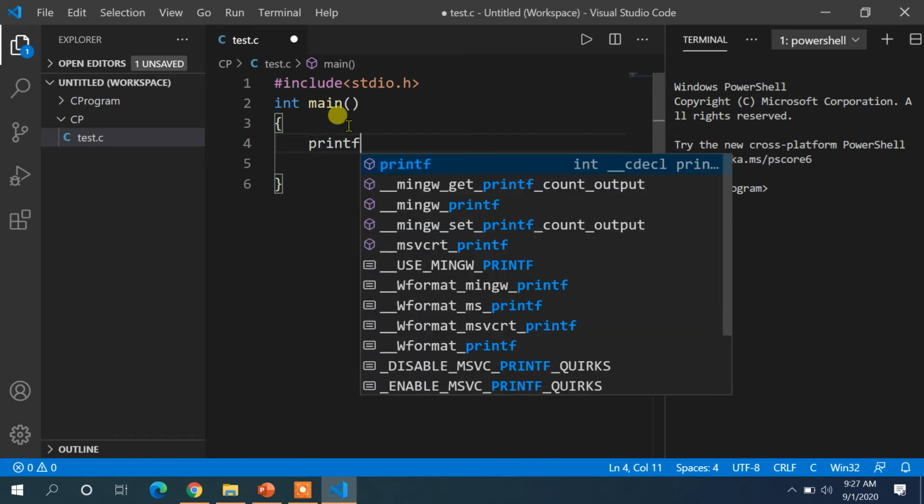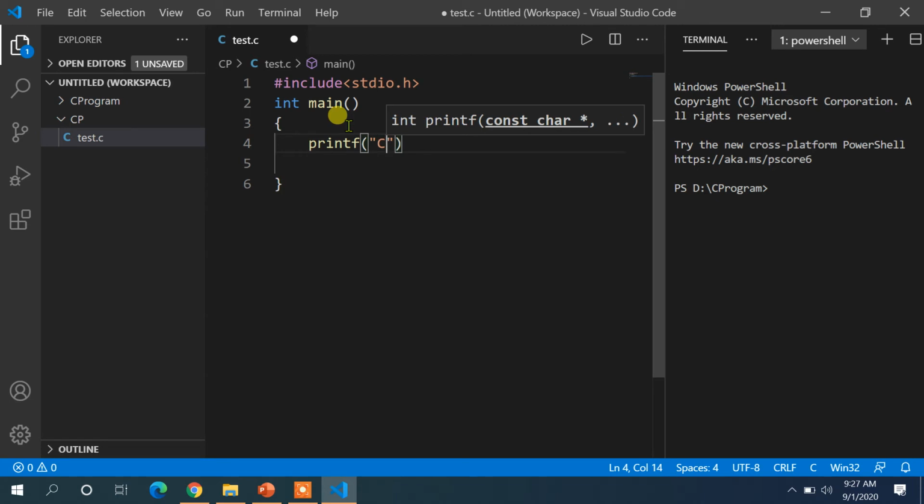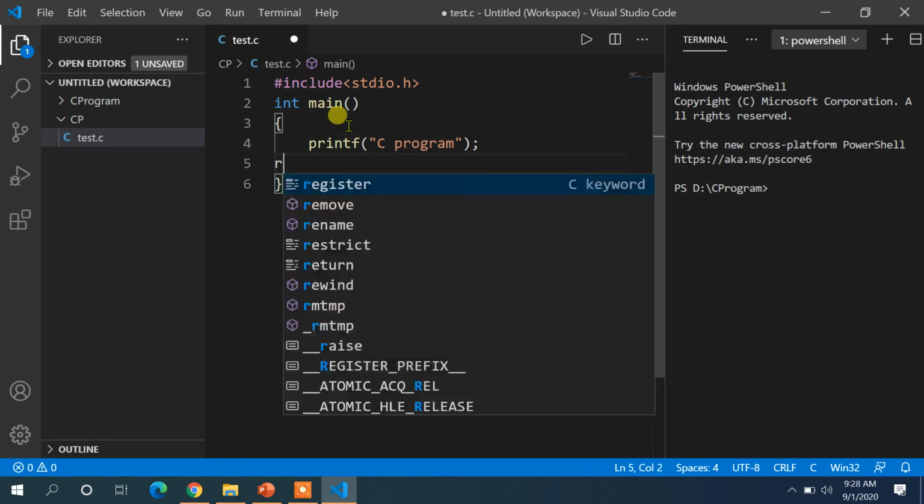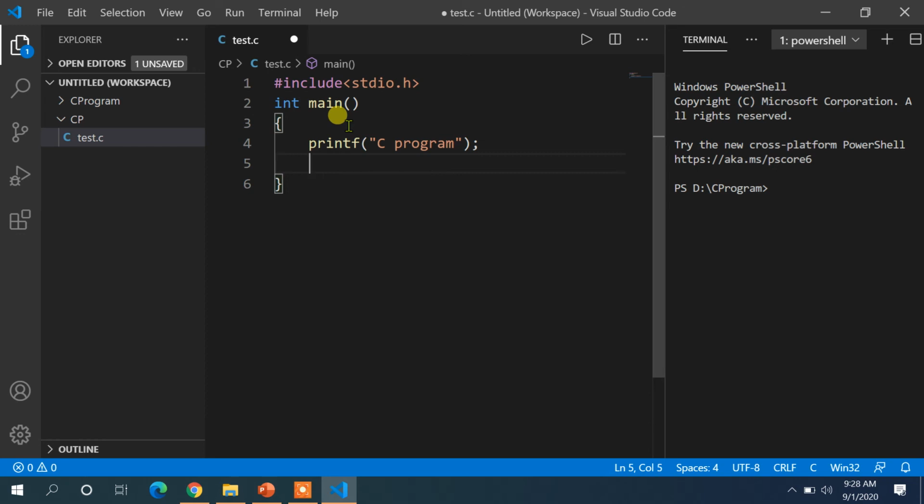So printf, let's say "C program", so I'm just ending here. Then you have to type return 0. Okay, so this is the simple file I have created. Now I have to save it by pressing Ctrl S. Okay, it is saved.